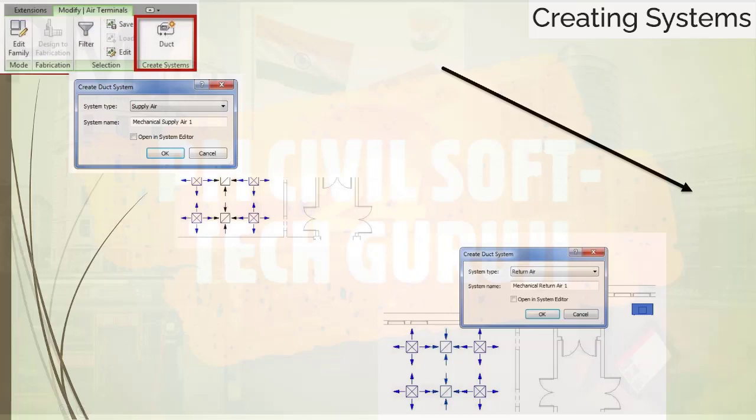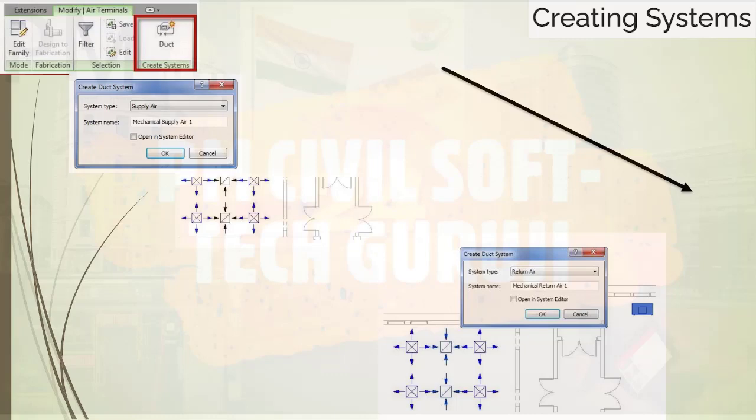You will see a dialog box to create a duct system. Revit automatically detects this is a supply air system and the default name is Mechanical Supply Air 1. You may change it or leave it as default. Click OK. You should see the diffusers and AHU are now in blue color as shown in the figure.